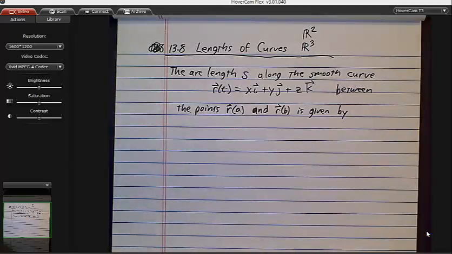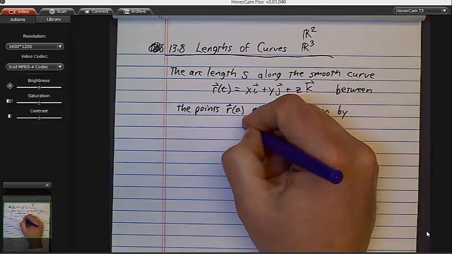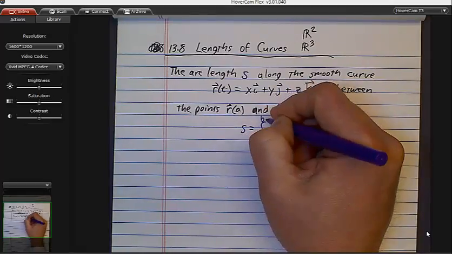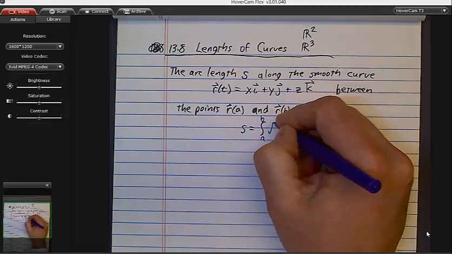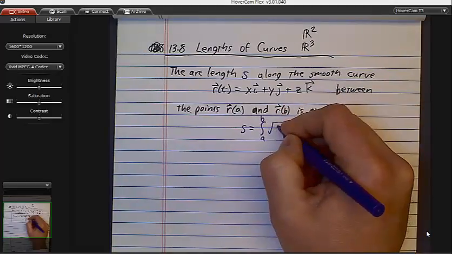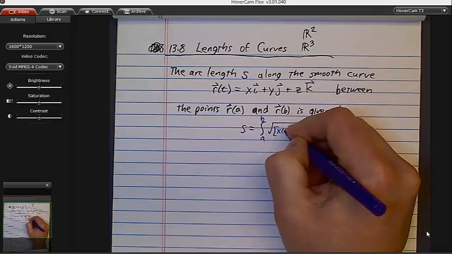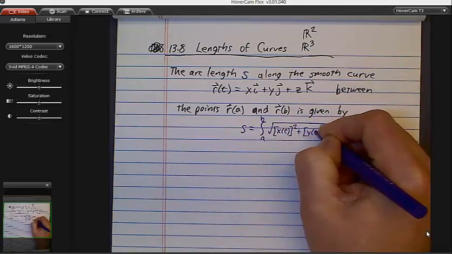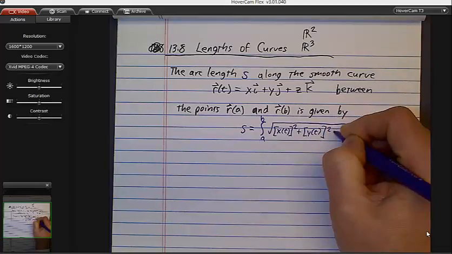So I'm going to write S is equal to the integral from A to B of the square root of x of t squared plus y of t squared plus